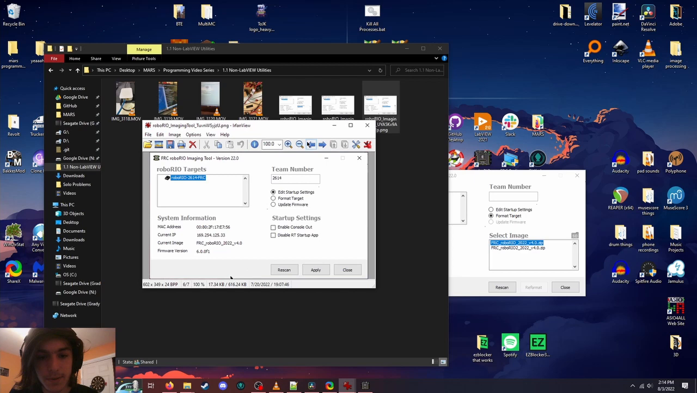The other tab in the software is Edit Startup Settings. This is something that you'll do pretty rarely as well. The only 2 settings here are Enable Console Out, which I'm pretty sure is used for Java. I don't think we even use it in LabVIEW. I think it's for some sort of thing to do with the console and the driver station, but normally you don't even need to worry about it. I think normally you leave it checked,